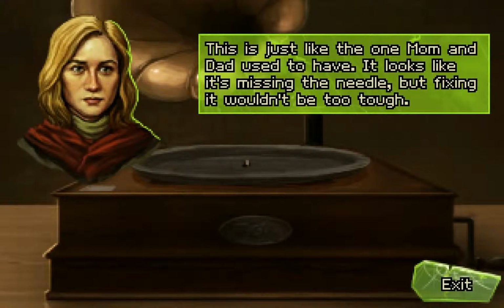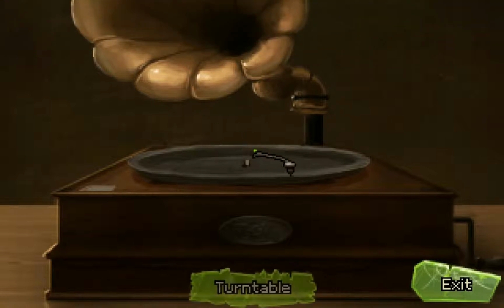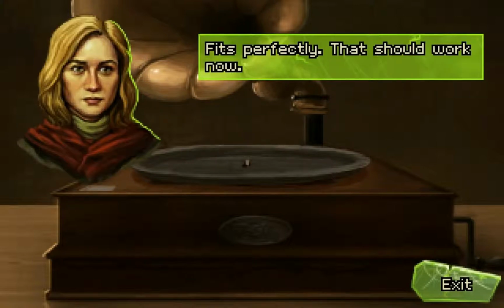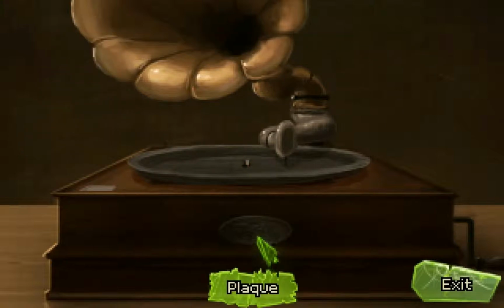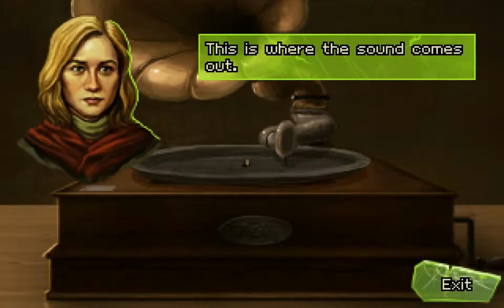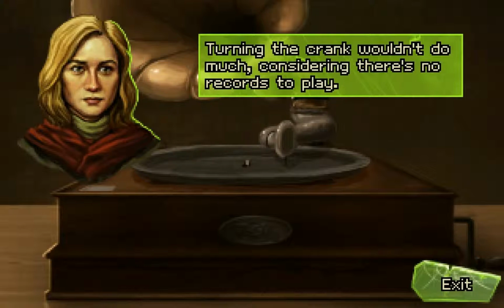Just like the one Mom and Dad used to have. It looks like it's missing the needle, but fixing it wouldn't be too tough. Fits perfectly. That should work now. It's a little corroded, but it looks like there's a couple of flowers on this plaque. Must be the logo of the company that made this. This is where the sound comes out. This crank is what gets the turntable spinning. Turning the crank wouldn't do much, considering...